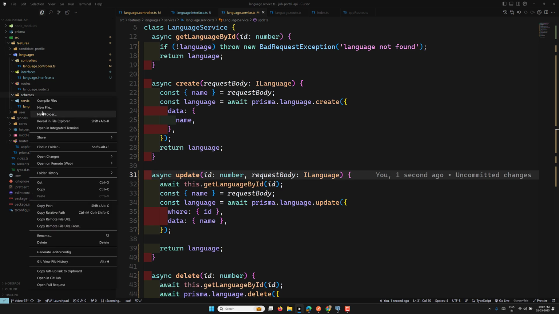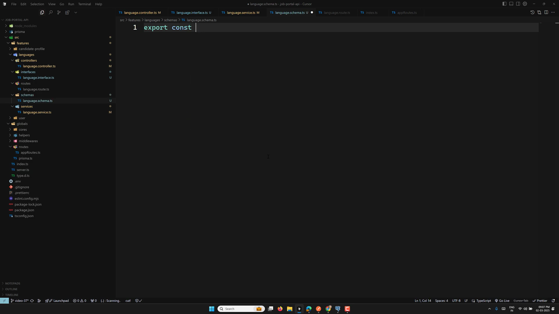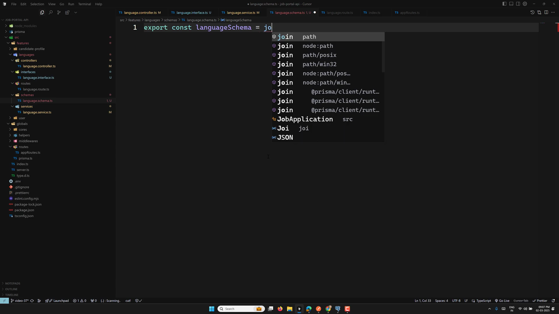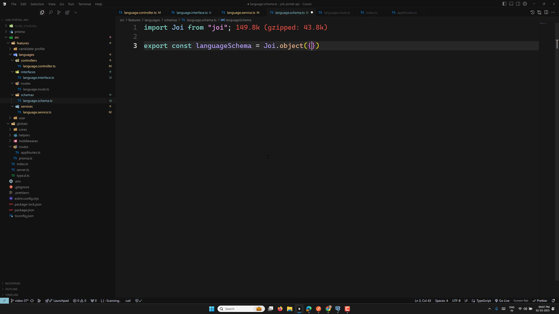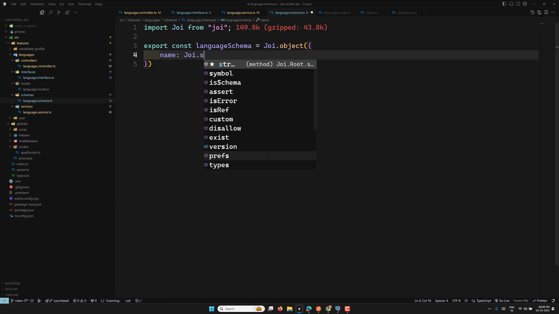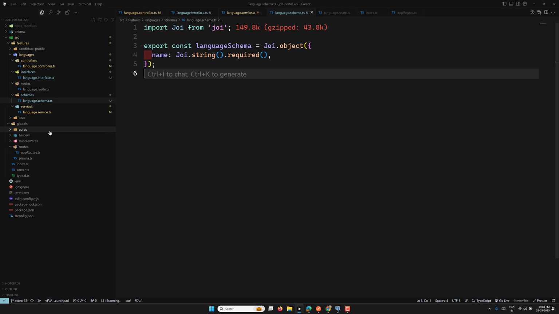Schemas, so here I can do new file language dot schema dot ts file. So this is our language dot schema dot ts file, and in this one export constant language schema is equal to joi dot object, and here we have only the name right now. So name, joi dot string dot required. So it's a required field. That's it. So now let's go to the